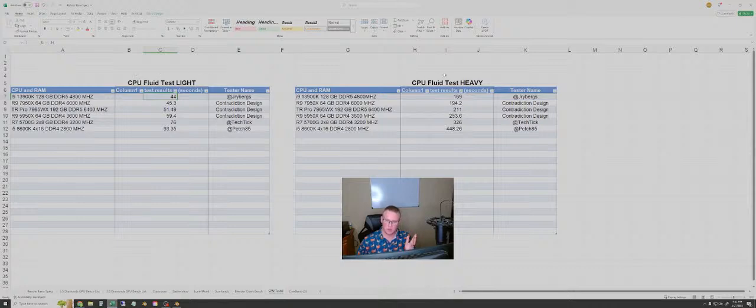There's a light one and a heavy one, and I think the light test would take up to 16 gigs of system RAM, and the heavy one was 32 gigs. So I think most people probably have 32 if they're super into 3D work, but I think most people in general have 16. So it's tough, because simulations,